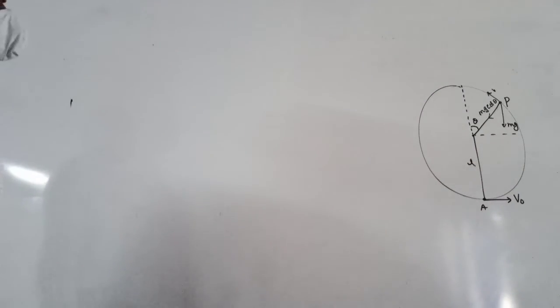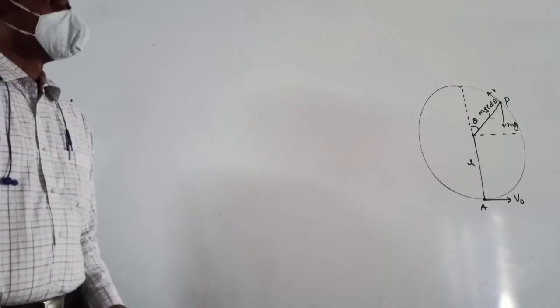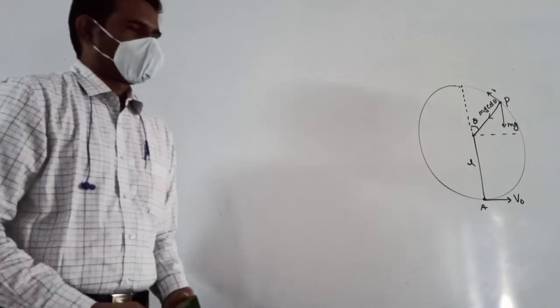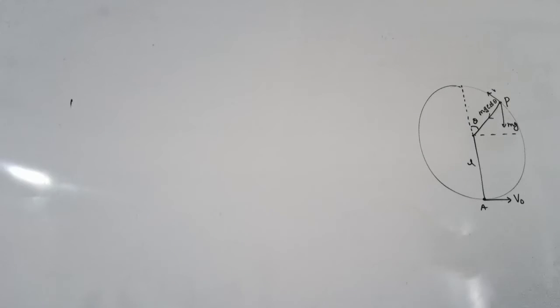So is the given problem clear? The bob loses its circular path here. Then, as we discussed, it will follow a parabolic path. That parabolic path would be like this, and it will fall at this point. That means the bob will strike the point of suspension here. That is the given information.